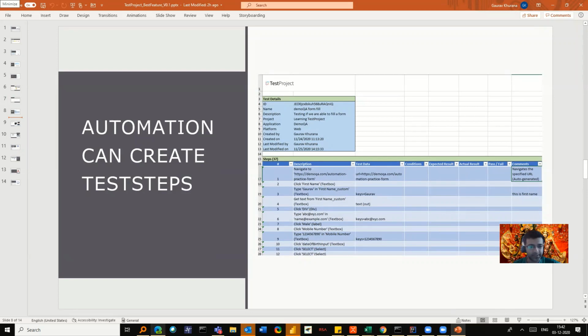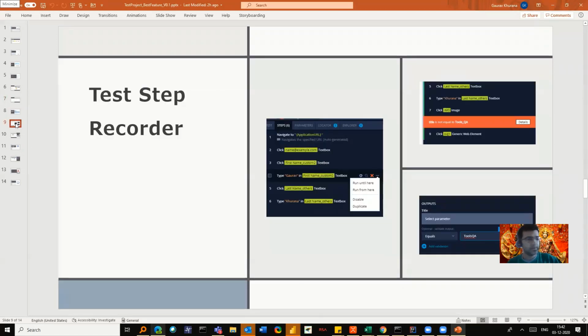Let me do a simple test, and in that I'll show how you can do that. It's really good that from the automation steps you can generate the manual steps. You need not tell anyone. You just do the navigation, click, fill buttons, the way a user fills up the form, and by that you can generate manual test cases. So that is really good.